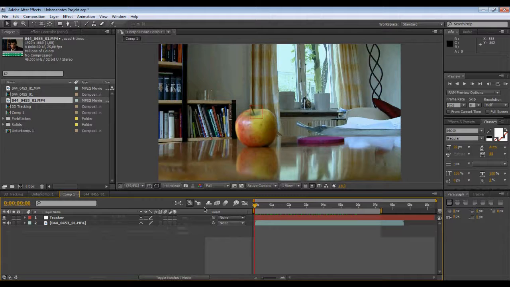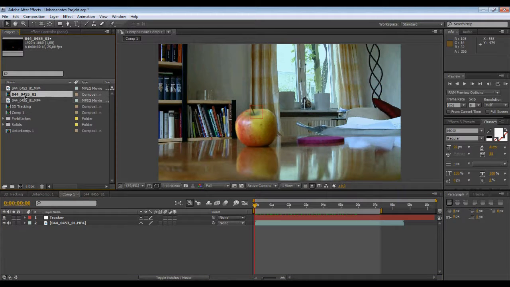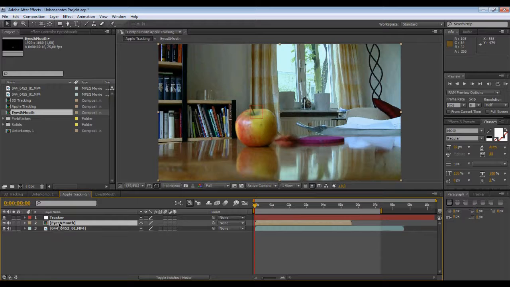So now we go to our comp, our track comp. I call it comp 1, and import our other comp. So let's call this eyes and mouth, and call this maybe Apple tracking. Okay, so we're going to import our eyes and mouth comp to our tracking comp, and let's adjust this a